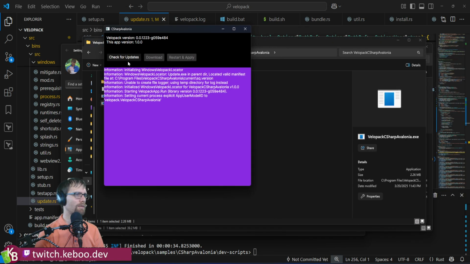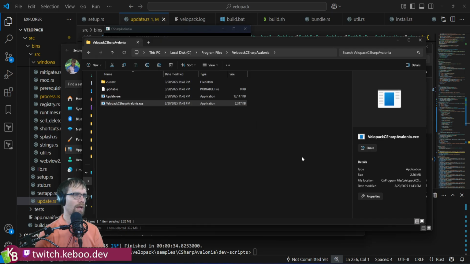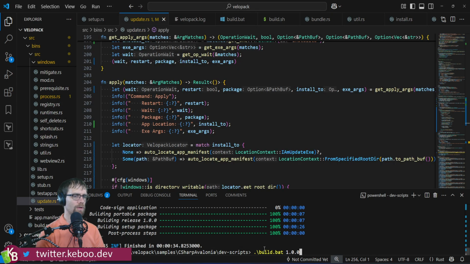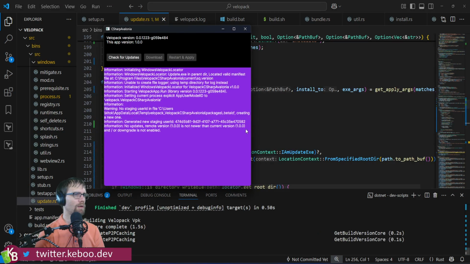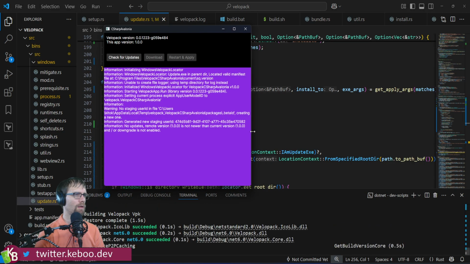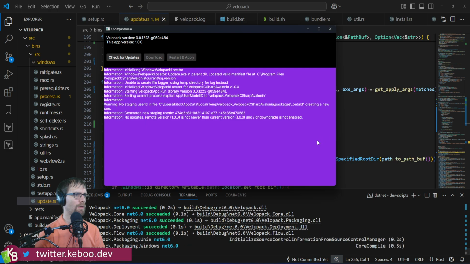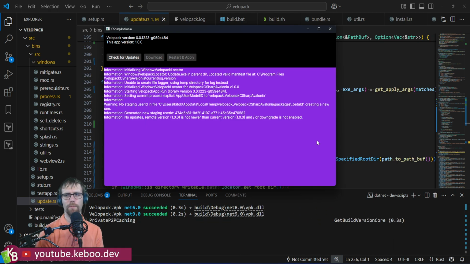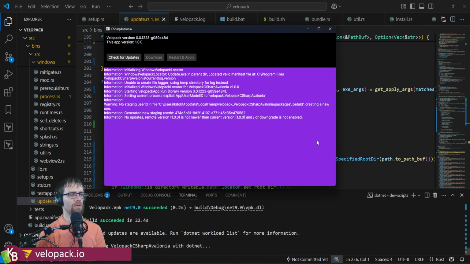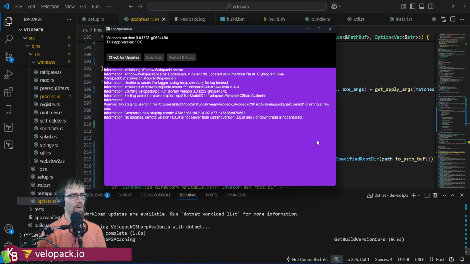And it launches. We check for updates. There's nothing there, as expected. Start building 1.1. And hopefully this time around, it should prompt on the update exe when it goes to invoke it, for the UAC prompt,